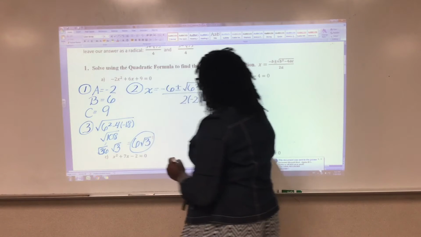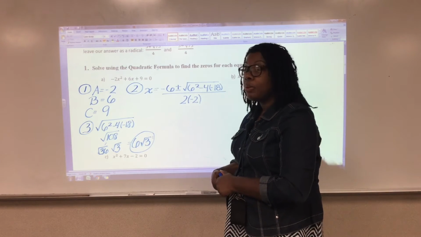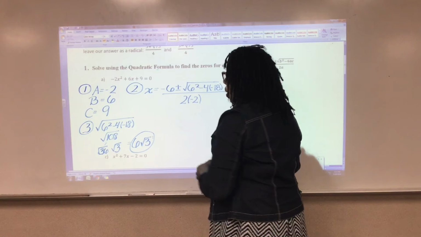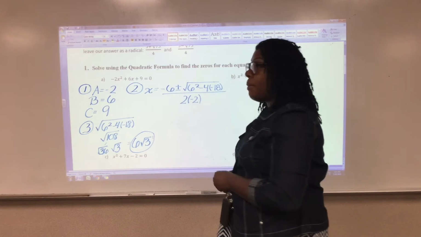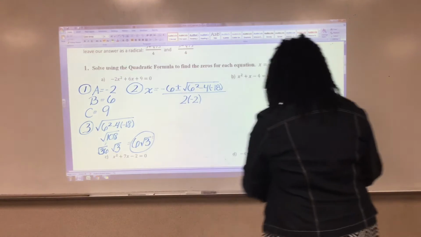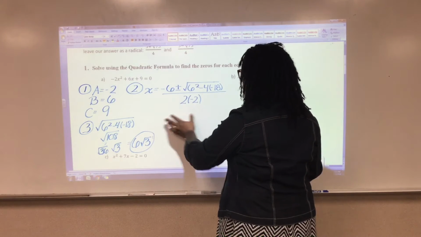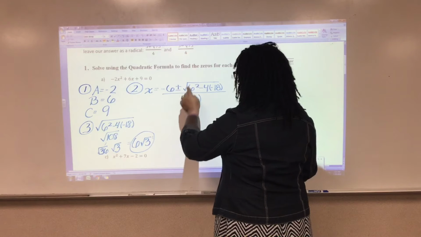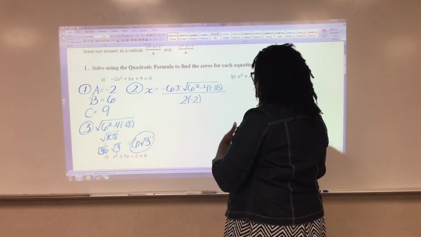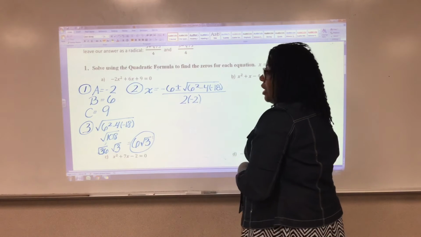This step is important. Here's how we determine that it is different from what we did in the previous video. Because step 3 was not a whole number, when we get to step 4, we will not need to write it as 2 separate equations. So previously, if it was a whole number, we wrote the 2 equations and broke apart the plus minus sign. One of them was -b plus our radical over our fraction, and the other one was -b minus the radical